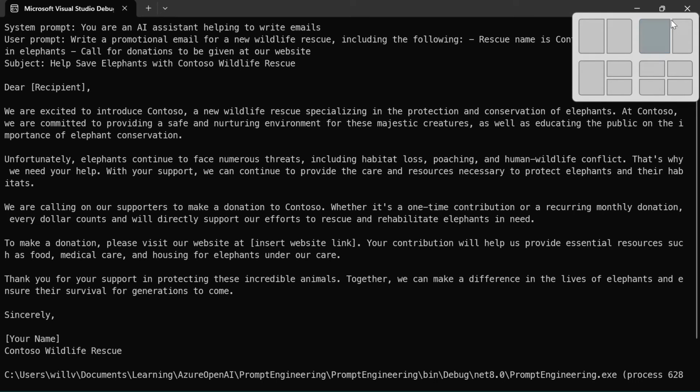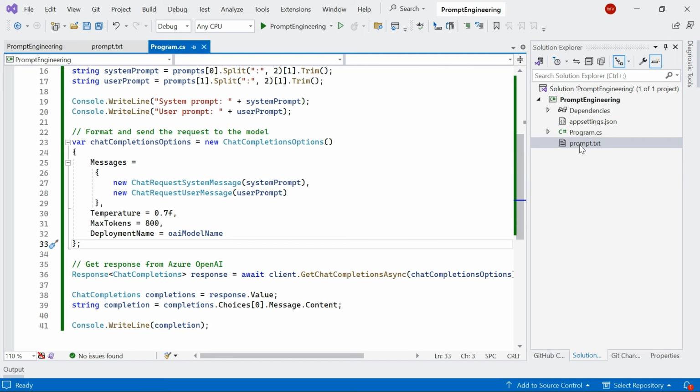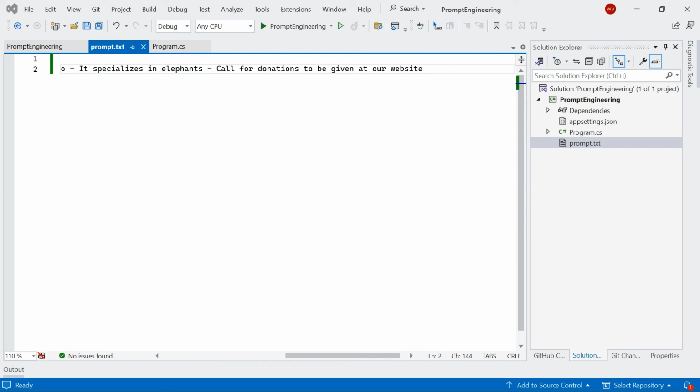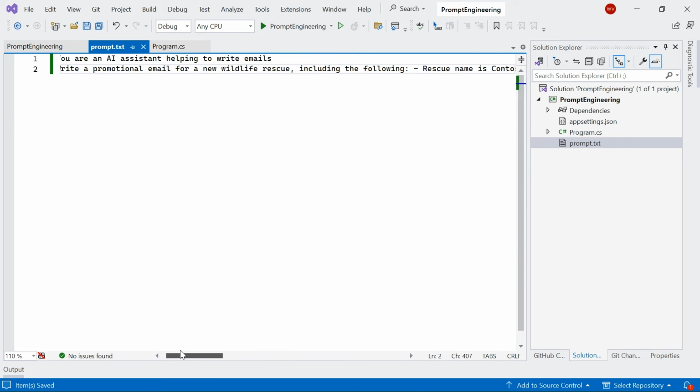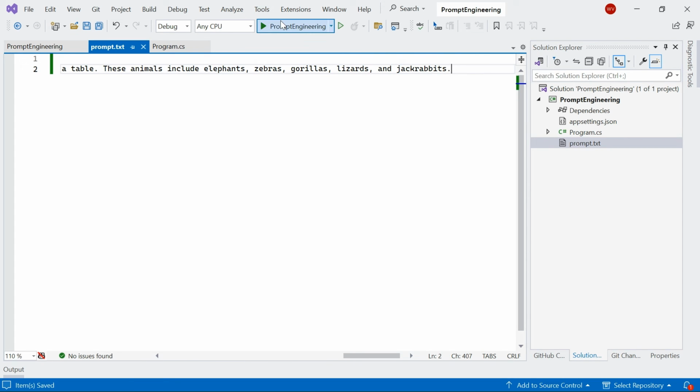Cool. So to make this a little bit better, just exit out of that. In my prompt, I am going to specify a little bit of content. So I'll just copy and paste it now. So now what I'm doing is, okay, write me a promotional email for a new wildlife rescue. Include the following. So the rescue name of the organization is Contoso, specializes in elephants as well as zebras and giraffes. Call for donations to be given at our website. Include the list of current animals that we have at our rescue after the signature in the form of a table. And this includes elephants, zebras, gorillas, lizards, and jackrabbits. Cool. So if I go ahead and run this,